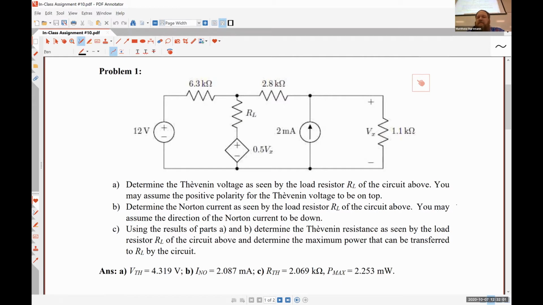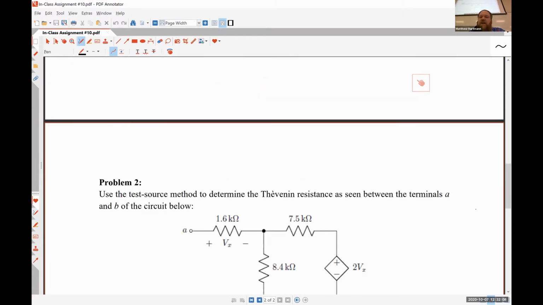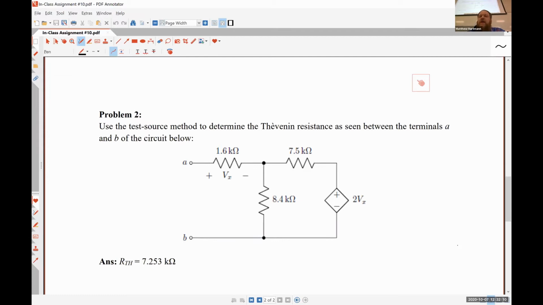If you wanted to do that, you would have to use a test source method, which I believe I went over in the video lecture, but we're going to look at problem 2, which is going to require the use of a test source method because it does not have any independent sources in it. So once we finish this guy up, then we'll take a look at the lab. Alrighty, so